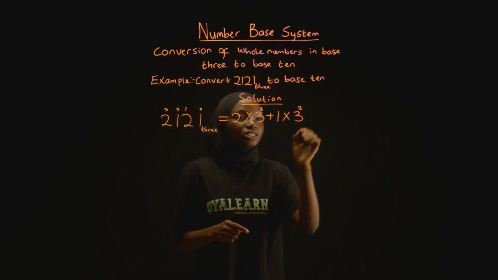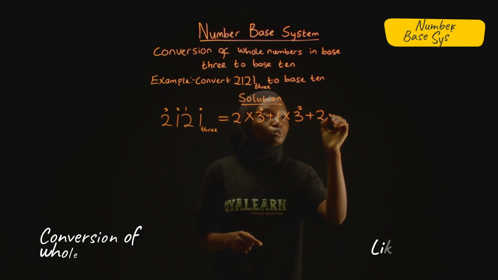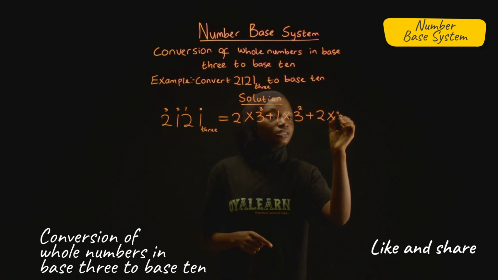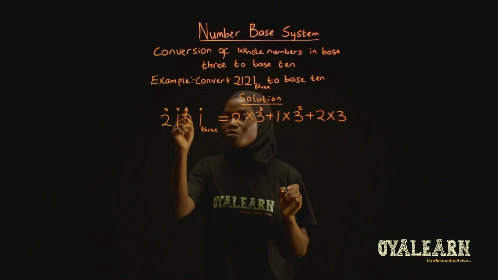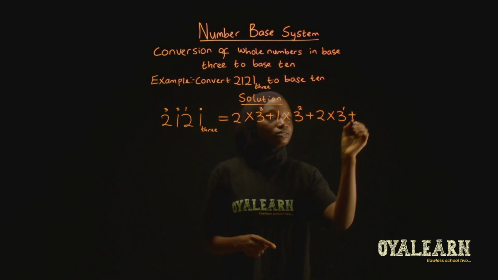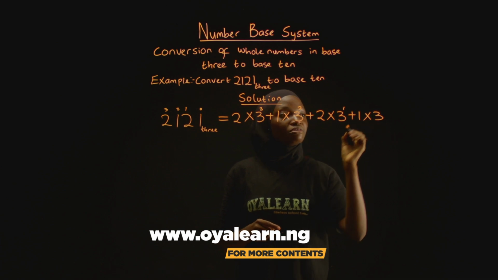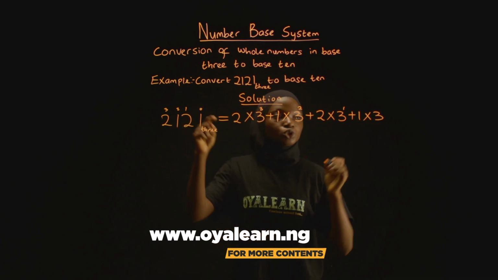Same thing for the next digit, plus, and the next digit here is 2. So you have 2 multiplied by the base 3, raised to the power of 1, plus the next digit 1 multiplied by the base 3, raised to the power of the numbering we have on top, 0,